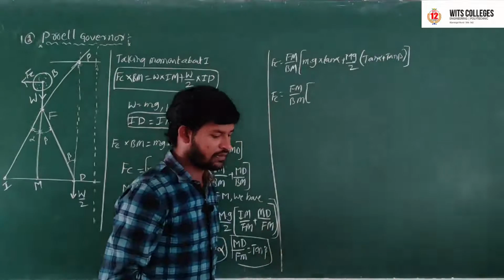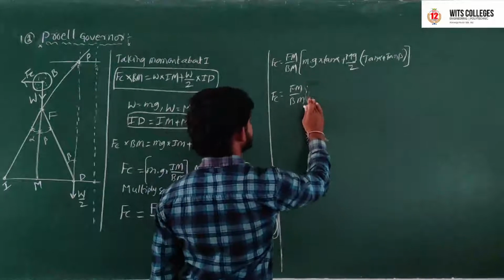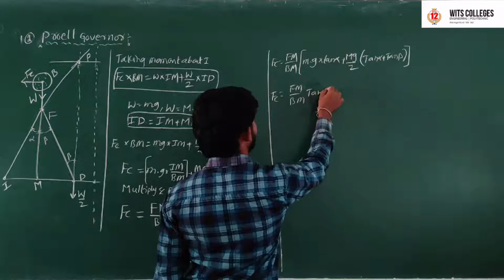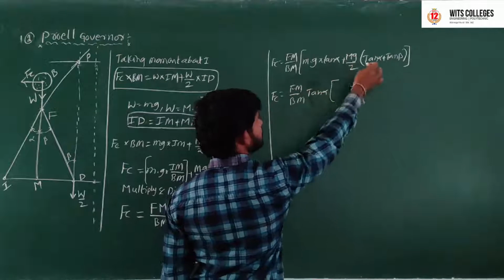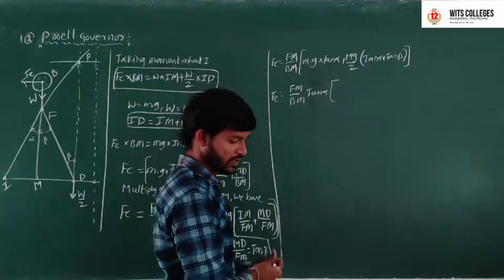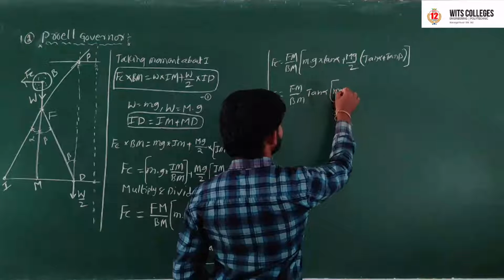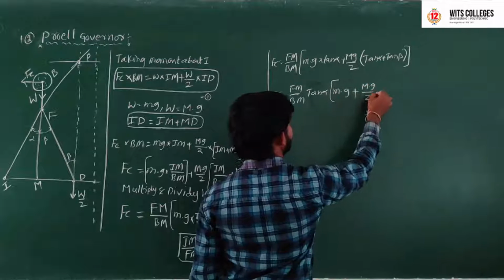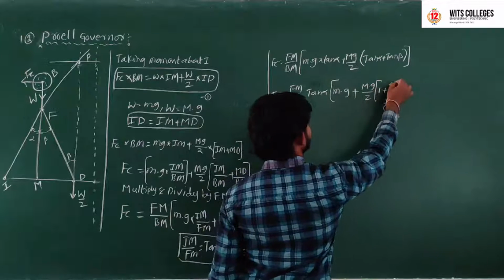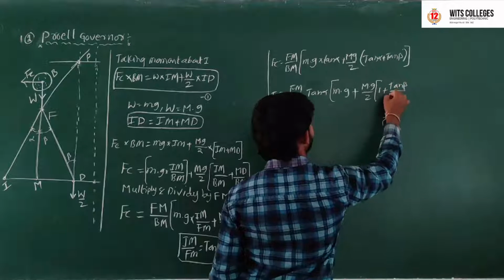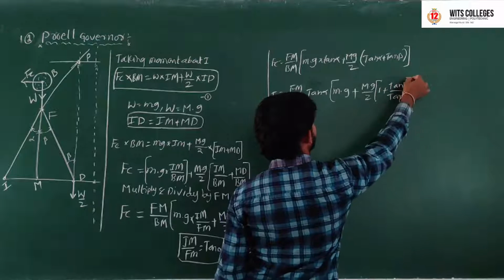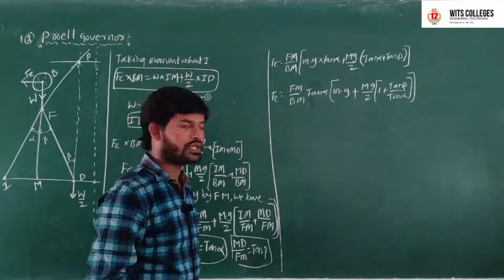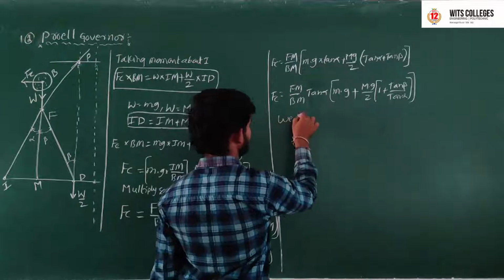Fm by Bm. Tan alpha we took as common here generally. Tan alpha is common in both. Taking tan alpha common, we get mg plus capital Mg by 2 into 1 plus tan beta by tan alpha, and this is how the equation is formed. Here we know that